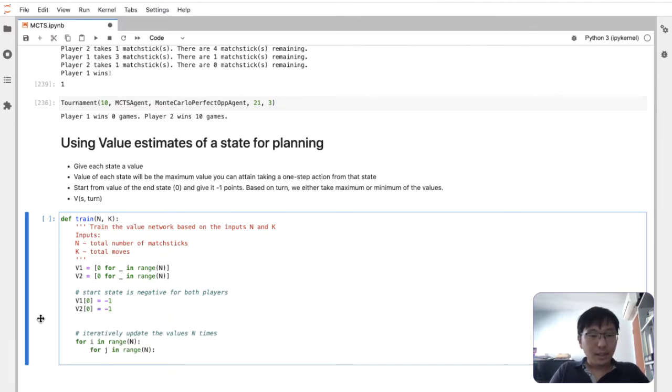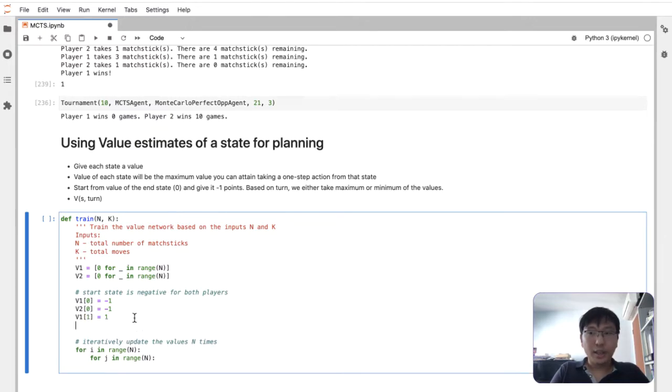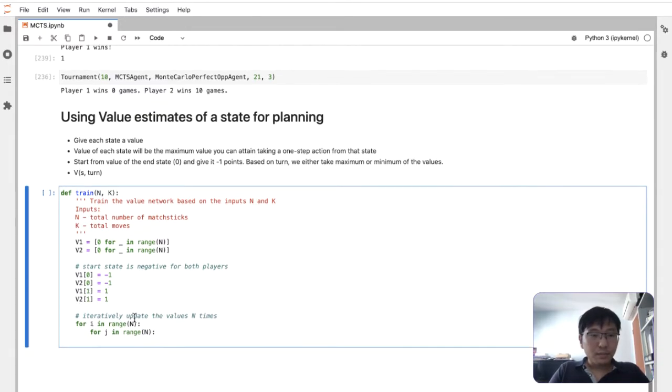Okay, and then maybe we can even say the next state will be positive. v1[1] will be 1, because if we can reach this state, at the end outcome, we actually win the game. Yeah, we could do this. Start state is negative, and then the next state is positive here. Then we just loop through these values here. So I think what we can do is, let's say we reach this state of 0,